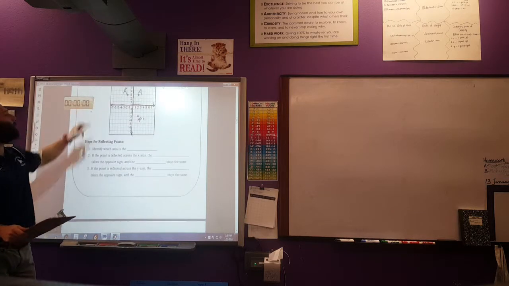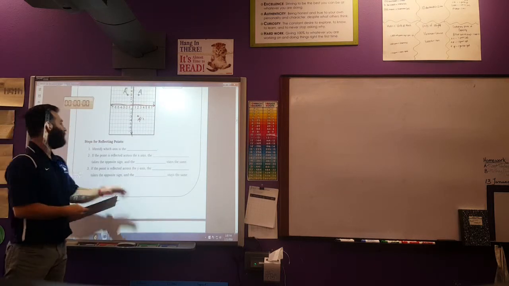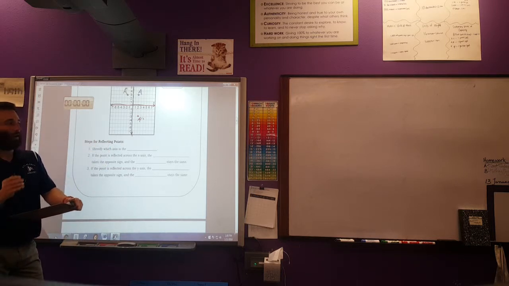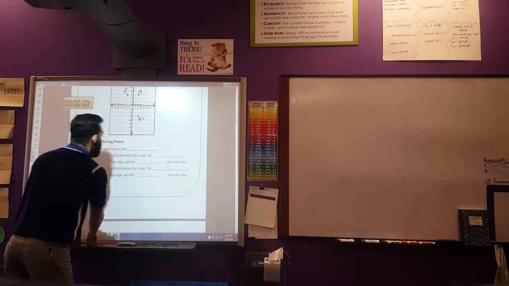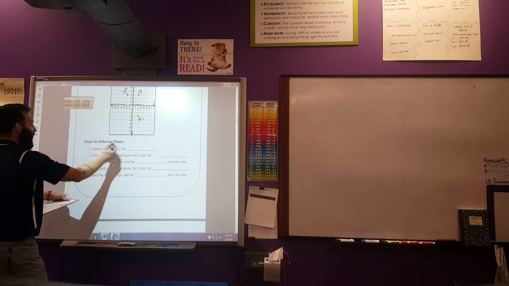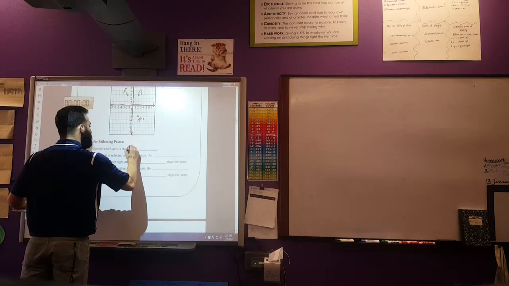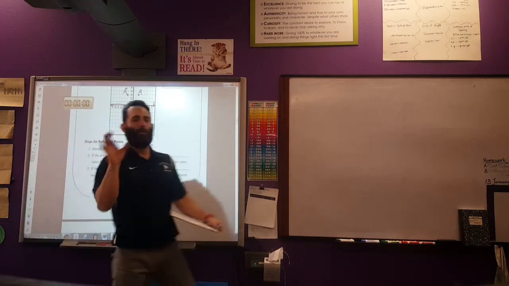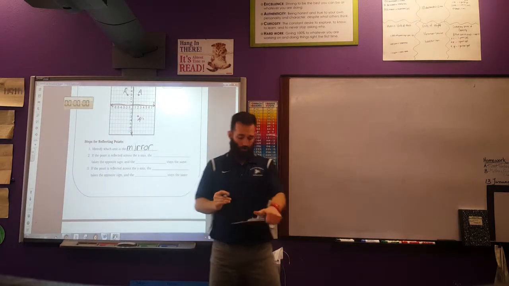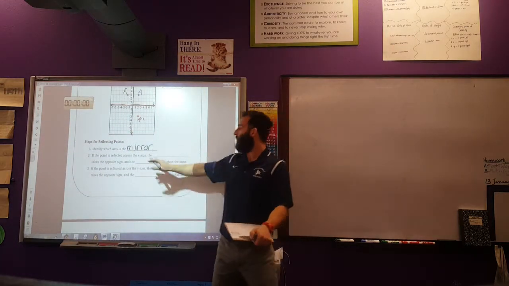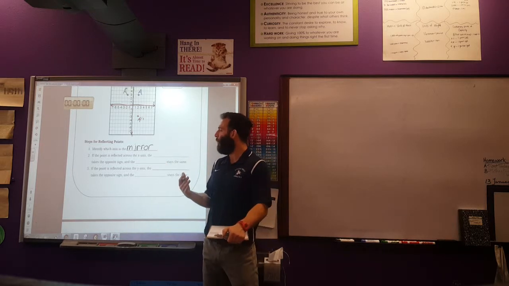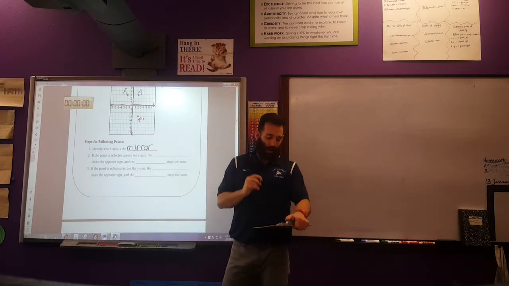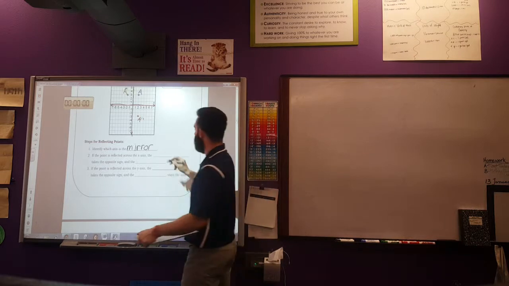Now, there are 3 pretty simple steps for reflecting points on a coordinate plane. The first step is to identify which axis is the mirror, which axis I'm going to be reflecting that point over. Now, my second step is if the point is reflected across the x-axis, the